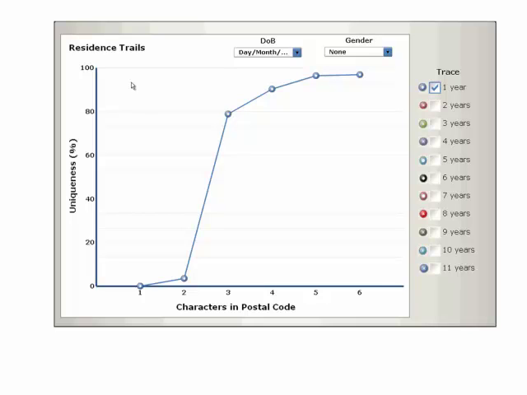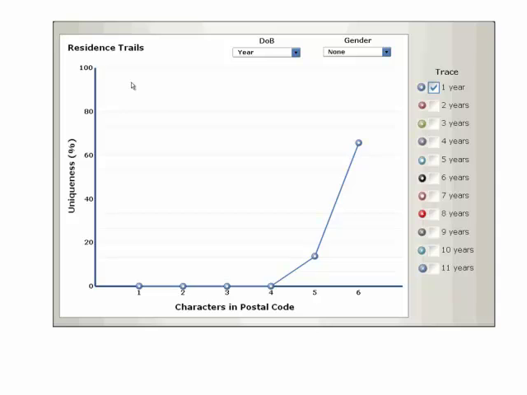If you reduce the number of characters in your postal code, say to 3 characters, and you still have the full date of birth, then about 80% of the population is unique. Now, uniqueness is bad because if I know my neighbor's date of birth and postal code, which I do, and if I don't, I can find it from various public registries, and I find a record that matches in any registry or any database, I'm almost certain it's my neighbor because of this uniqueness characteristic.